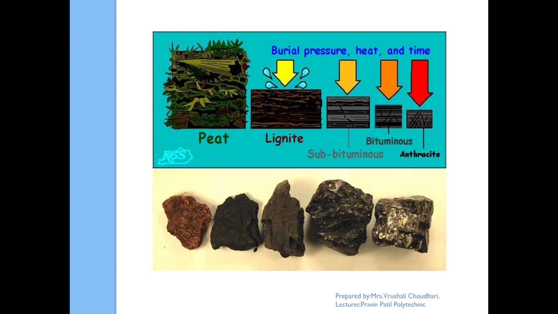Thousands and millions of years back, whatever wood or animal parts got buried into the earth's crust, due to atmospheric pressure and temperature effect, went below the earth's surface. Initially it is brownish in color, and from brownish it becomes grayish to blackish, then it becomes a sparkly shining surface called anthracite. For this process it requires pressure, heat and time, and the end product is anthracite, which has a maximum percentage of carbon.